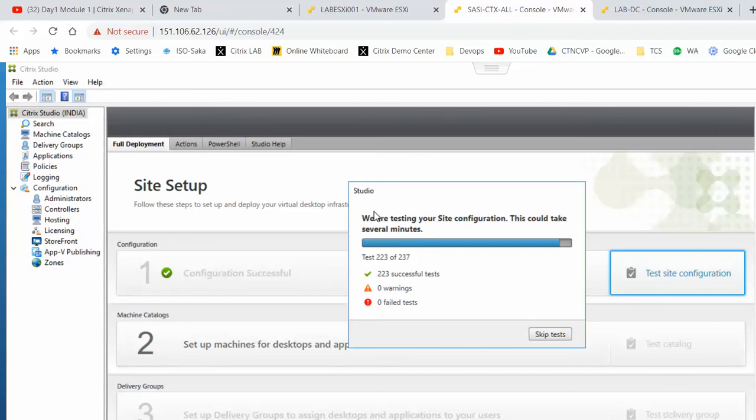A warning would be fine. That's not a big deal. We just don't want any failed test alerts. Let's see, almost finished. 223. The remaining 4 checks are pending.